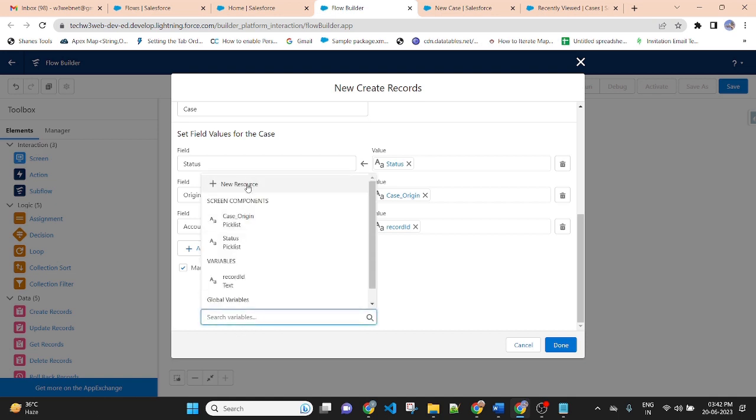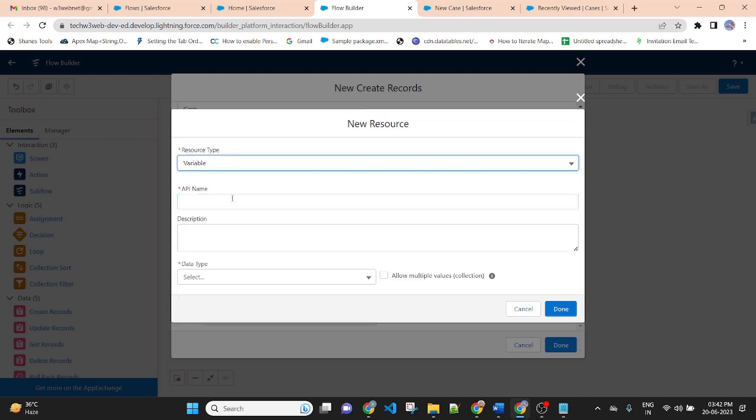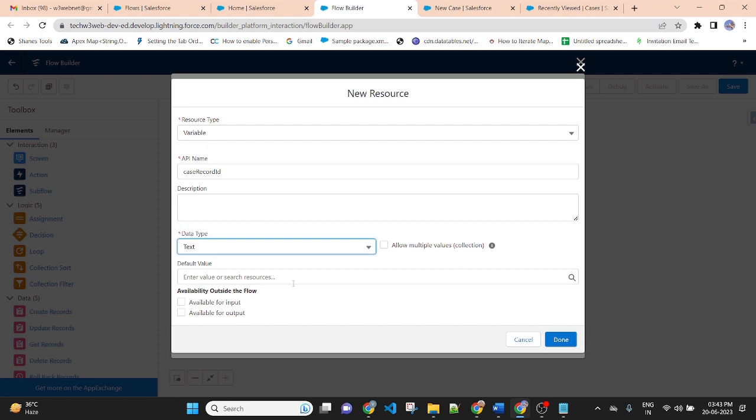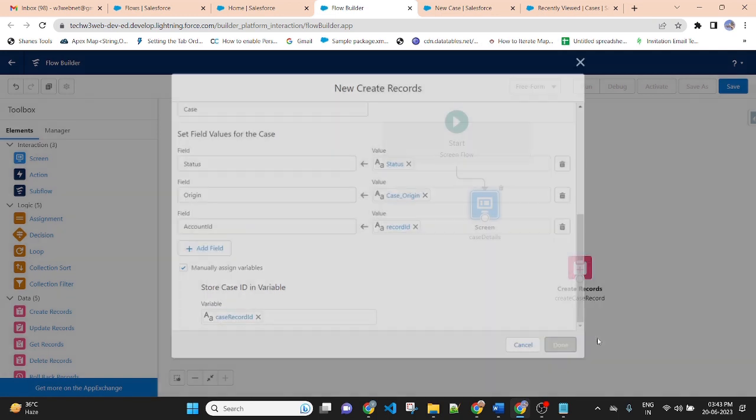I'm creating a new variable here. Variable API name case record ID, data type text, and done. So the newly created case record ID will be stored in this variable. Then done.